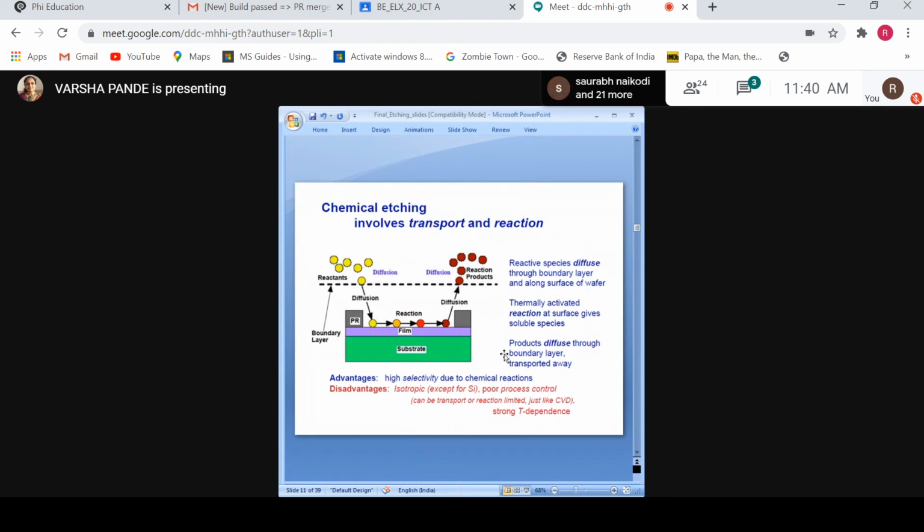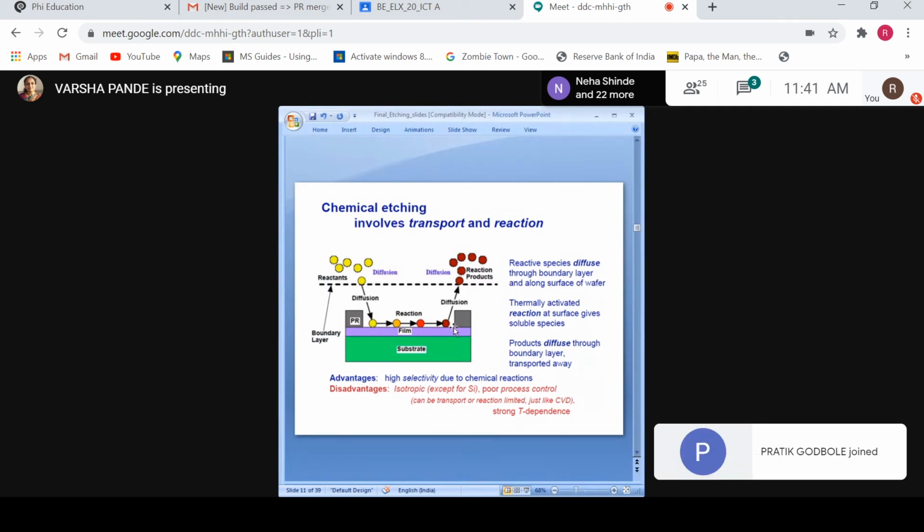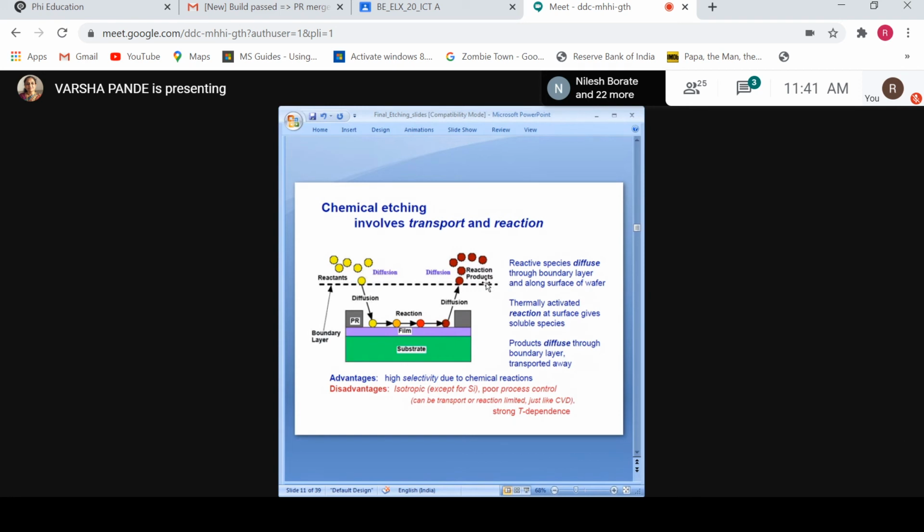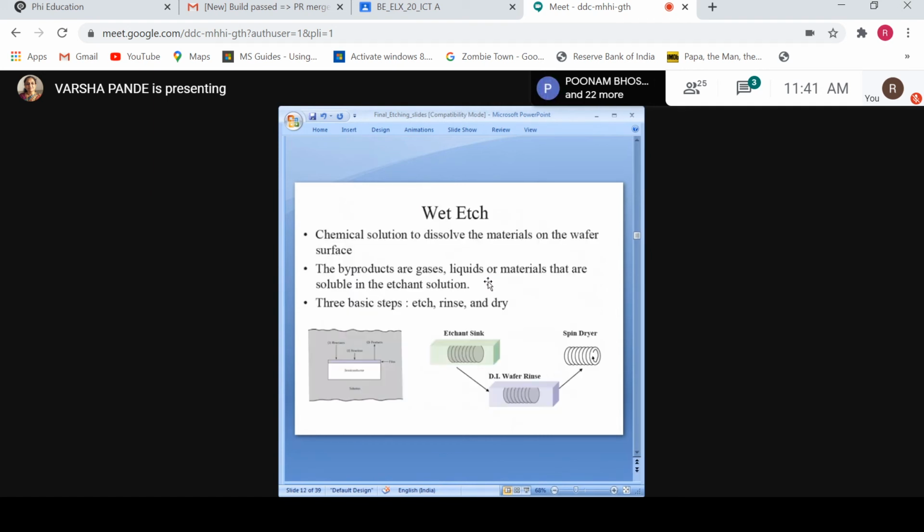It is a chemical etching process. Initially, you can see the substrate, above this a film which is a silicon dioxide film, protected by the photoresist mask, and some window will be there. Then through that window, whatever reactants are there in the solution will be placed above this, some chemical reactions will take place between these two, and byproducts will be present there, and these byproducts will go away, or get dissolved in that solution, or further dissolved in the pure or distilled water also. So three steps are there for wet etching.